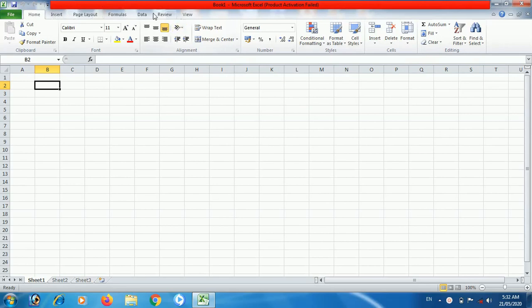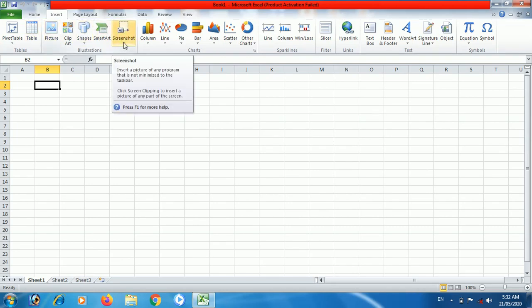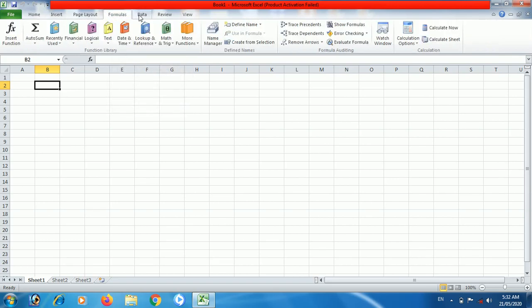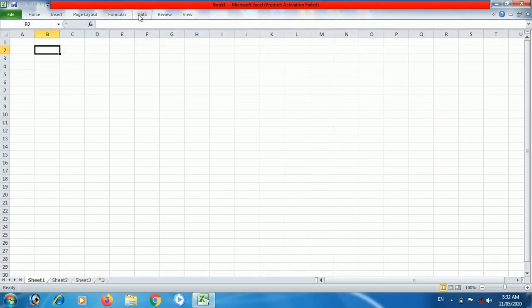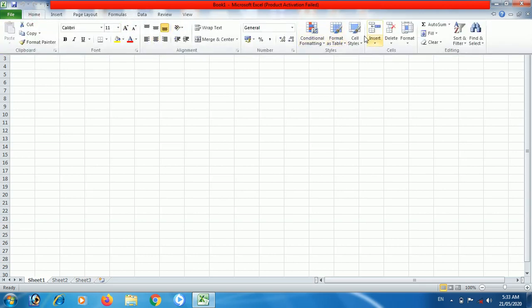This is the menu tabs, and if we click these tabs, we will get the options like insert and all that. And for us, this insert menu is very important one, and we mostly use this insert menu for our work. And then formula menu will work, then data tab, in which that data analysis thing we are going to understand. And other tabs are not that important for us because those are most like Word, and those options are also most like Word for formatting. And here in this session we will now focus on formatting.